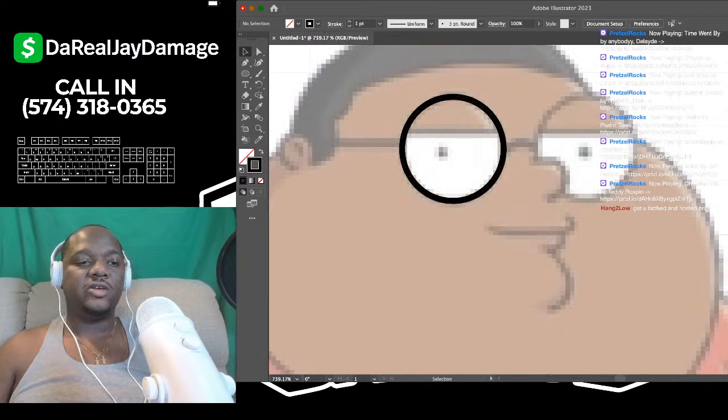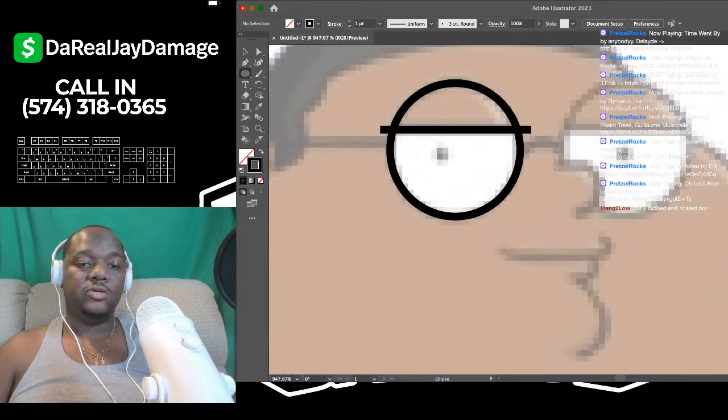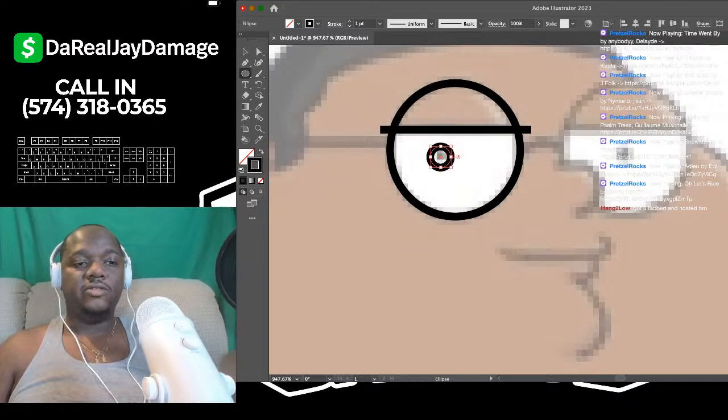Both of these eyes are the exact same, so we're going to duplicate them. So what we're going to do is right click the shape tool again. Let's get the line tool. And what you want to do to get a straight line is hold shift and drag it over. Boom. Now we could do the same thing for the dot in his eye. Right click the shape tool and choose the ellipse tool. Hold shift, drag that circle out just like that.